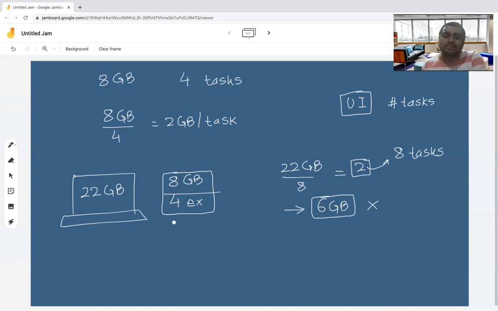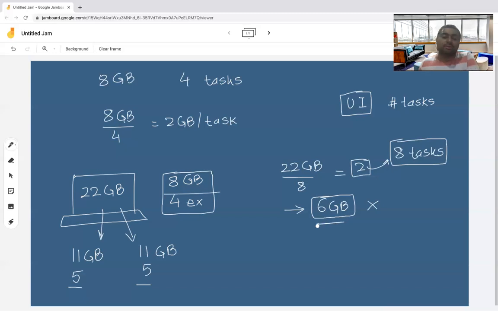Instead of running this, if you want to give 2 GB of memory per task and better use this machine, why not give 11 GB of memory, again including the overhead, and use 5 tasks? In this way, you will be able to run 2 executors on this machine and a total of 10 tasks, which is better than running 8 tasks on the machine with 6 GB of memory not utilized.